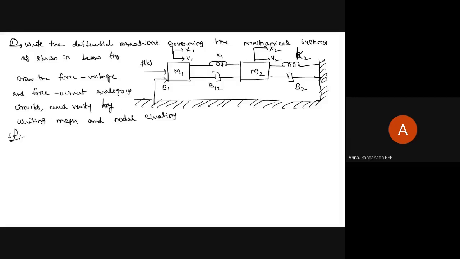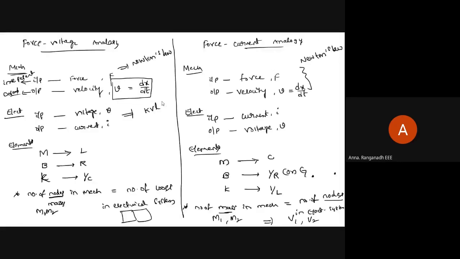So in order to write the differential equations, we'll consider displacement. The reason velocities are given is that while explaining force voltage analogy and force current analogy, all the equations will be written in terms of velocities. Here Fm is also written in terms of velocity. So velocities will be required. But while doing the problem, we should not consider velocities initially. We'll consider them later. First we'll take the displacements.